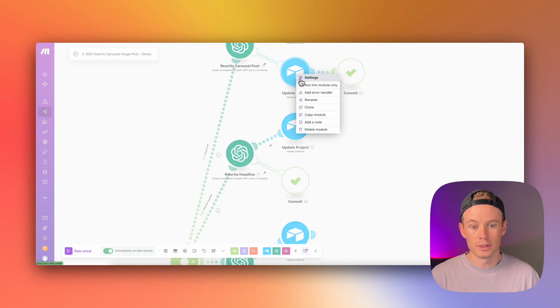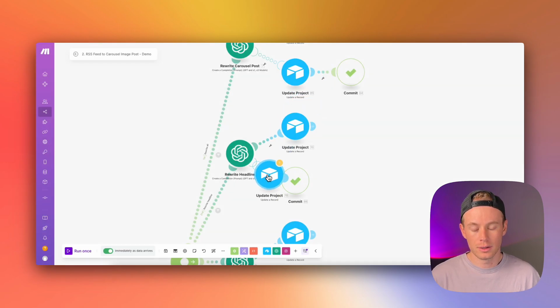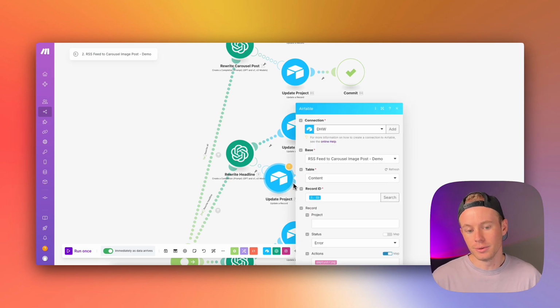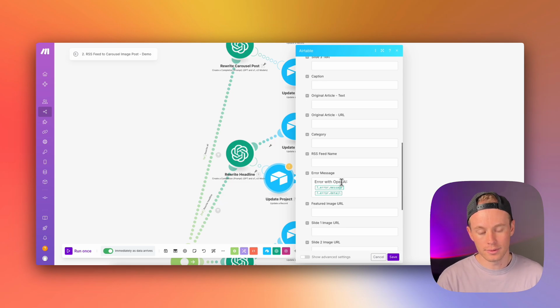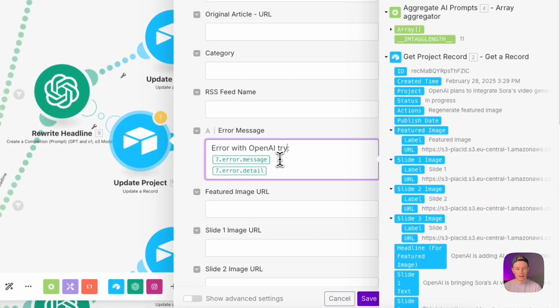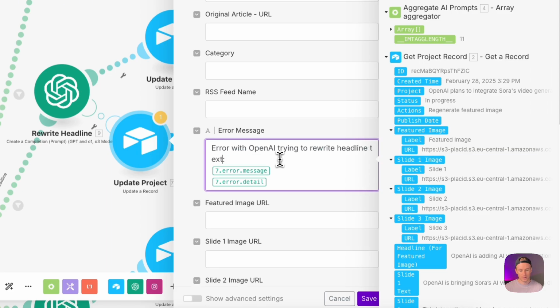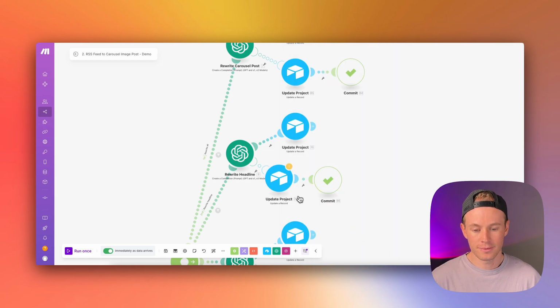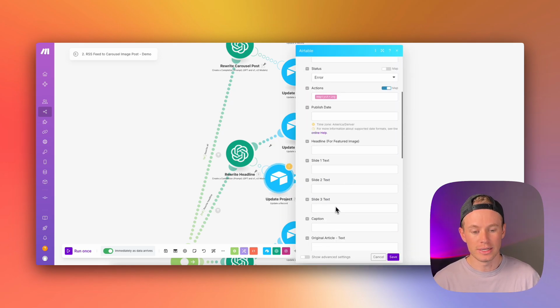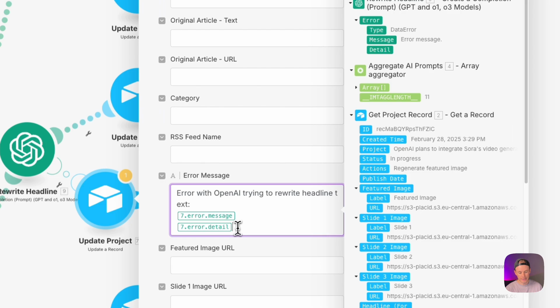And then let's clone this first guy, the first error handler update project module. And we can be more specific in our error message. So error with OpenAI trying to rewrite headline text, right? We could be a little bit more specific so we know what went wrong in the background if this ever does fail. So we'll hit save. Oh, and what we do need to do is delete these guys because